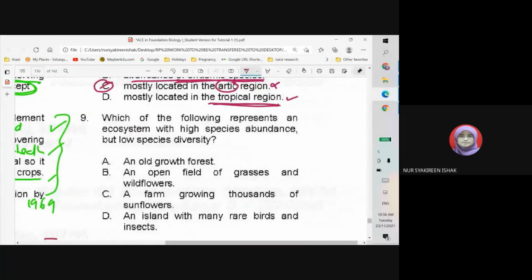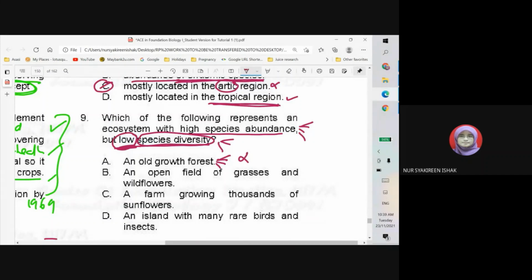And then number 9. Which of the following represent an ecosystem with high species abundance? Okay, abundance tu bilangan dia banyak, alright, but low species density. Species density maksudnya dalam satu tempat tu ada beberapa species. Okay, beberapa species. So low, dia nak yang low, feature yang low. Ada banyak individual tapi bilangan species dia sikit. So yang A, an old growth forest. Forest banyak species kan, banyak species, banyak individual of every species. So this one is not